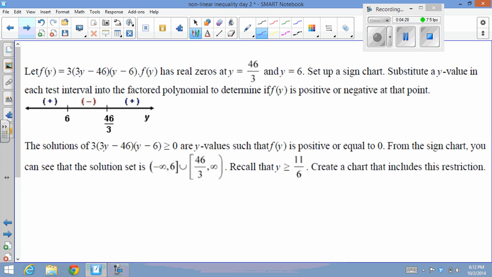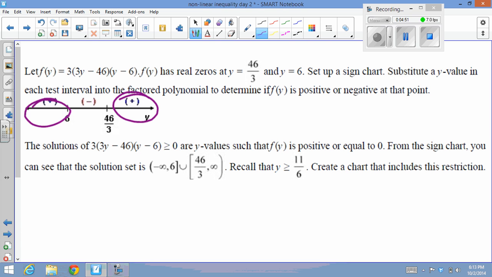When we do that, we can see that our original equation wanted to know when it was going to be greater than 0, so we want to know where it's going to be positive. So it will be positive here, and it will be positive here. So those are the places where it's positive. So I have from negative infinity to 6, and from 46 over 3 to infinity, taking out the negative part, but